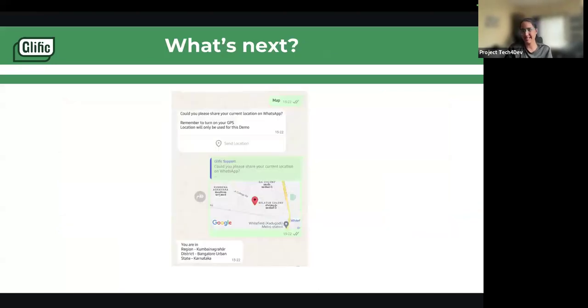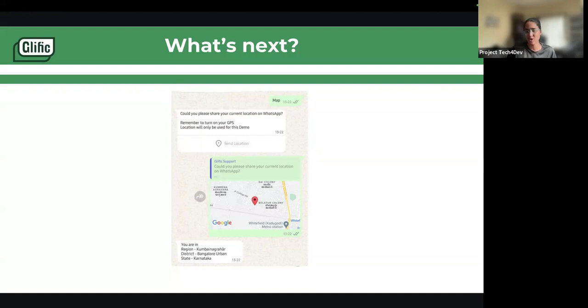Cool. So this is one of the next features that we are working on. A lot of times you would have to ask a user for their state, district, village, mandal, school name, etc. And a lot of times you have multiple options that can be given. For example, if you want to give the districts of one state, Maharashtra, there are so many districts. So it's always difficult to give multiple lists, or if you want people to type it, they will type 100 different spellings and your data will get spoiled.